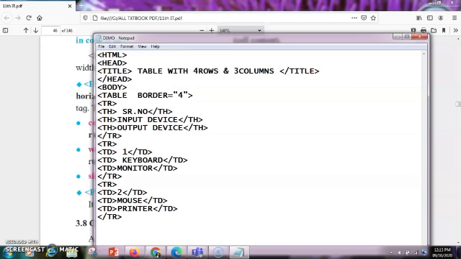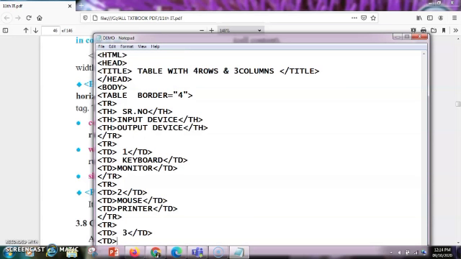Now next is the next tr tag. In the next tr tag we have a td tag. In that I'll give a serial number as 3 and then end the td tag. Now we'll start with the next td tag.